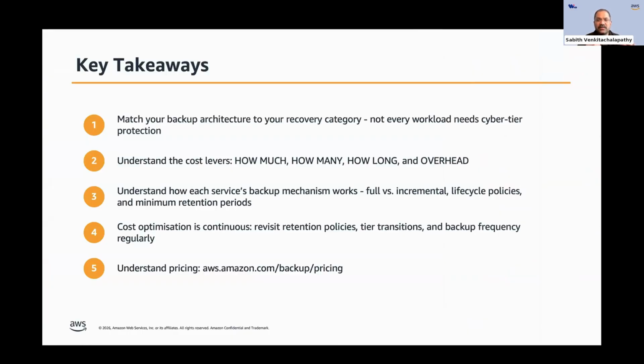And then the most important thing, like Jill was showcasing, is to understand how each service's backup mechanism works, whether the underlying service supports a full versus an incremental backup. For example, in this case, if Aurora backup copy does not support an incremental copy operation, the best opportunity that you will have is to probably lifecycle any of the longer retention backups into a Parquet format in S3, and then have it stored in a lower tier storage, and then have them deleted or lifecycled out, like with a shorter retention.